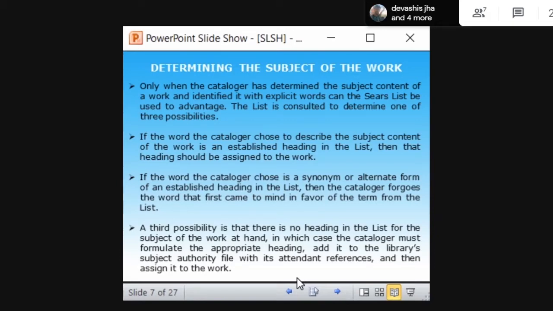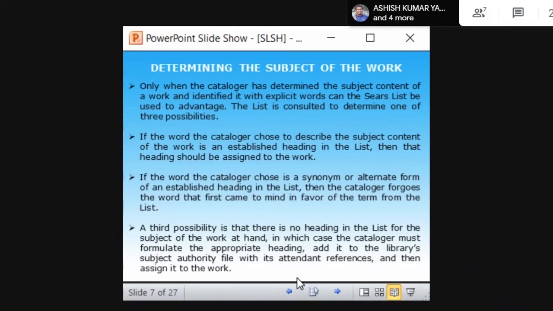So if your aboutness is available in the list, you can use it directly. But if the cataloger chooses a synonym or an alternate, such as clientele, that represents a related term. Here the book is talking about the information seeking behavior of patrons, and the title itself has "patrons". So you cannot simply use "user" there. User is the authorized term given in the list, but the title has patrons, right? So you cannot exclude patrons.